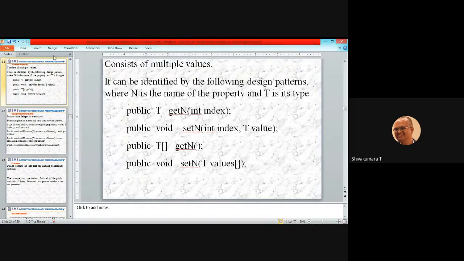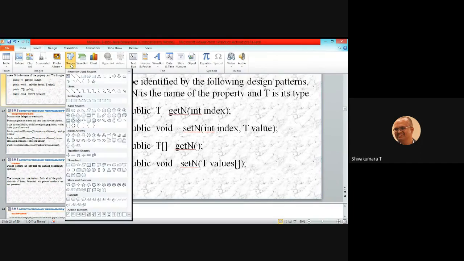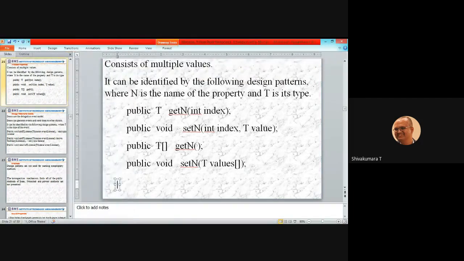Public, the return type is Color. Get color. The return type is Color, a user defined type. getColor(int index).